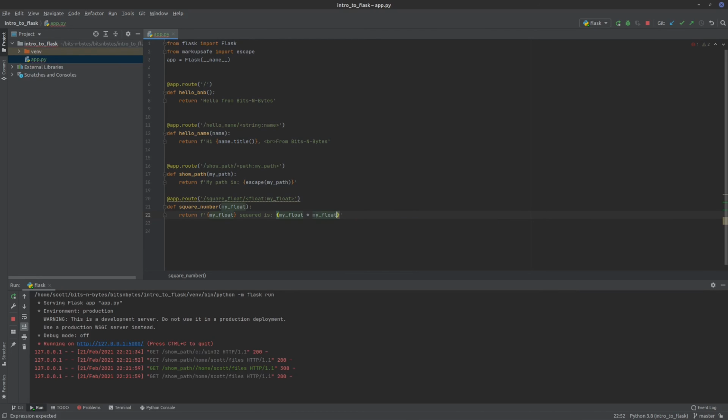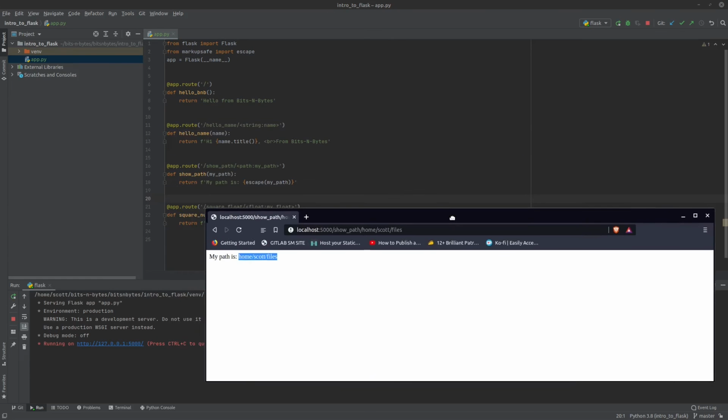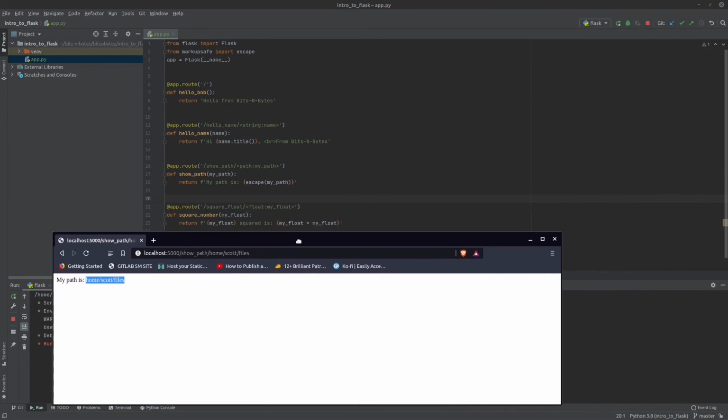Now I'm curious as to why this isn't auto restarting, because normally with Flask it does. I might have to set, there's a variable somewhere or a config setting somewhere that you might have to make, but I don't remember what it is off the top of my head, so I'm not going to mess with it right now.